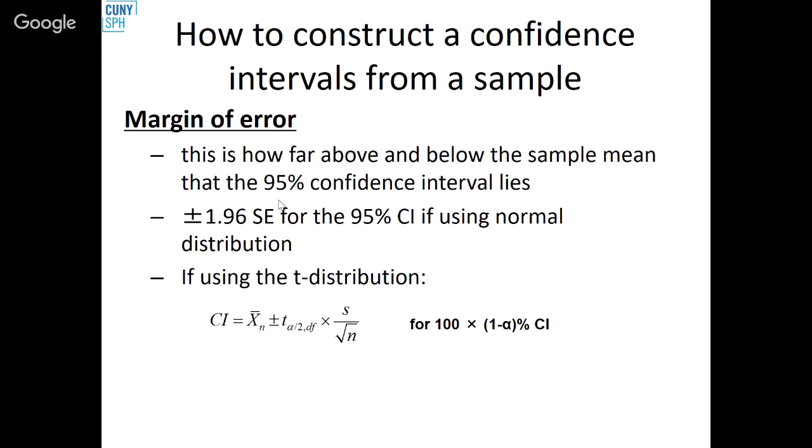So the margin of error might, in some instances, be estimated using a normal sampling distribution. You use that when you have a precise value for the standard deviation. So you knew the standard deviation for the entire population. And in that case, the margin of error is 1.96 times the standard error for a 95% confidence interval. And if instead you estimated the standard deviation from the sample, then you instead use a critical